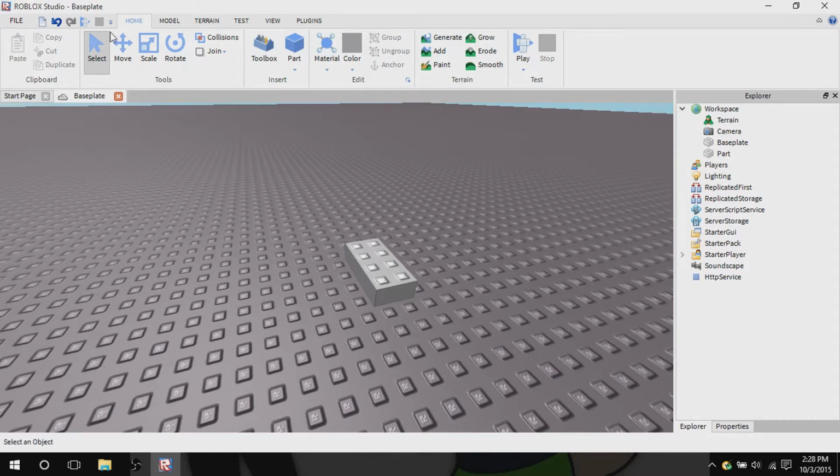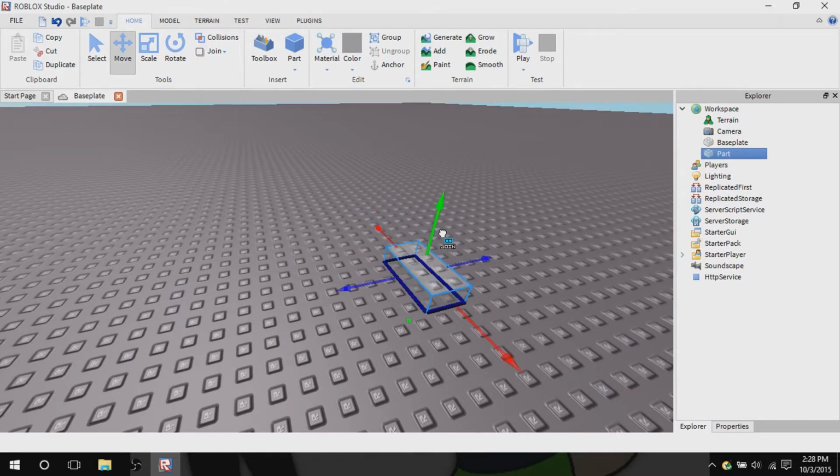Now this is a little bit different. You basically click on it and you're allowed to move it with the arrows on the axis that it has. Now this is a little easier if you're doing precise building and you want things to be in a certain area. This is a little easier to move things around. Scale,